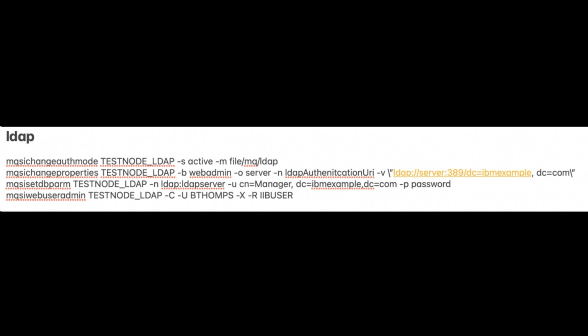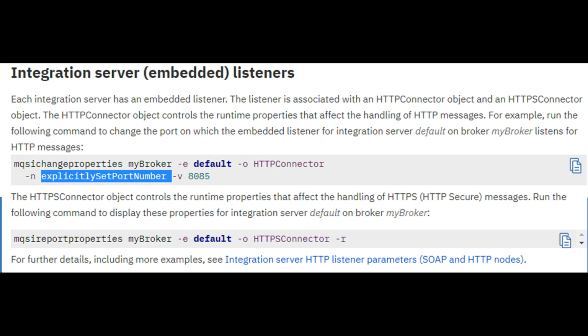Oh yeah, we were talking about configuring the IIB machine before we hand it over to the developers to deploy something. So we talked about SSL, we talked about file auth, and we'd also have to configure the embedded listener for the execution group. So we create, let's say, 3 execution groups.